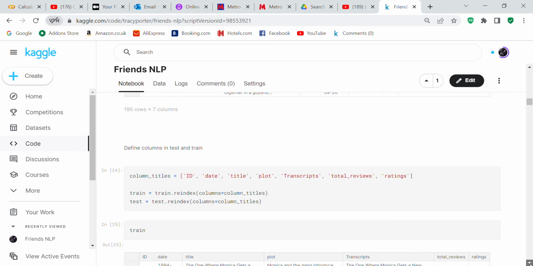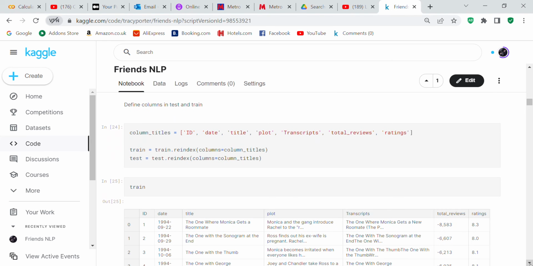And we're not going to need to do that on the test file because the transcripts are already on the test file. So now we're going to define the columns in test and train because the data set needs to be in the same format in order to get it to make predictions properly. So the column titles equals ID, date, title, plot, transcripts, total reviews, ratings.